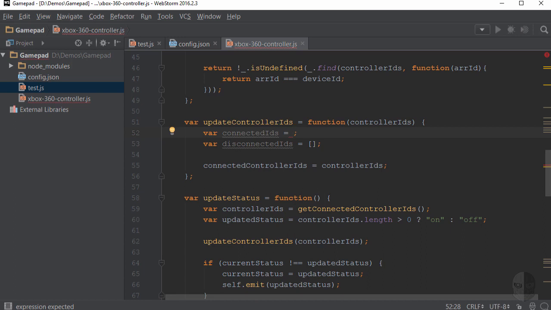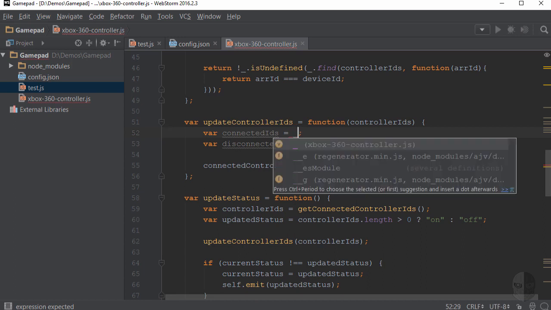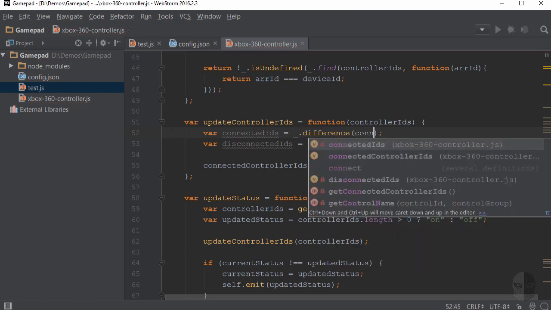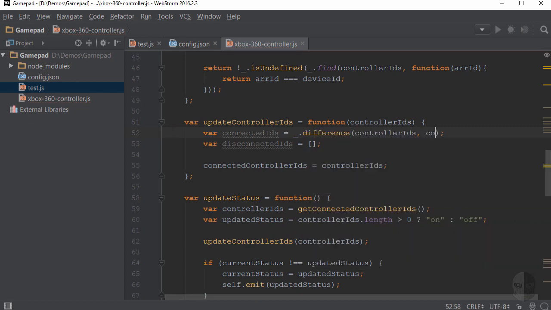The function then returns a new array containing values that are in the first array argument, but not in the additional arrays. I'm only dealing with two arrays here, so in order to determine which controllers have been recently connected, I will need to examine the ControllerIDs parameter and look for IDs that are not in the connectedControllerIDs array, so I will call the difference function with the ControllerIDs array as the first argument and the connectedControllerIDs array as the